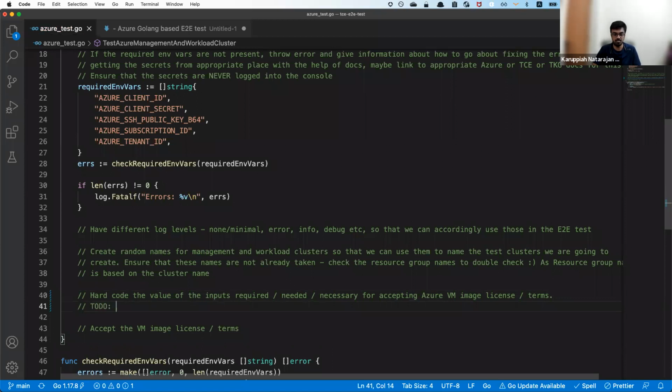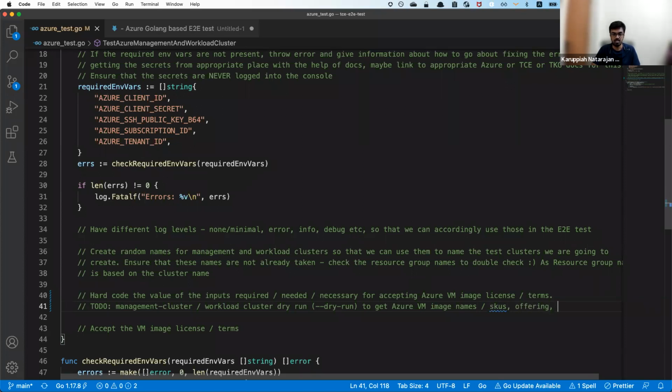And then maybe do the management cluster or workload cluster dry run to get Azure VM image names or SKUs, and then offering, and what else?